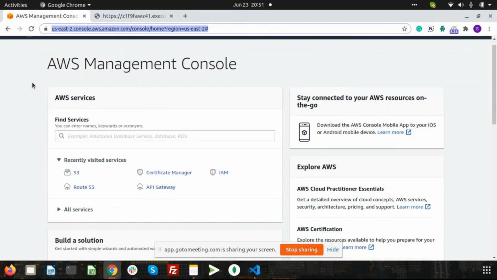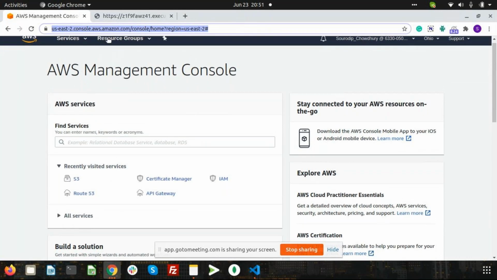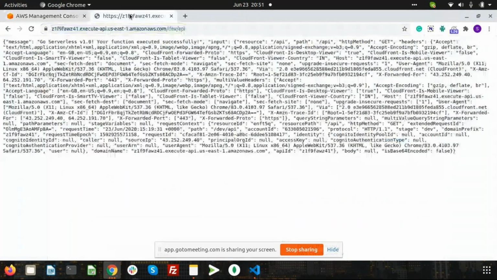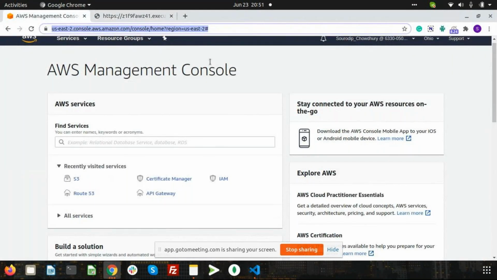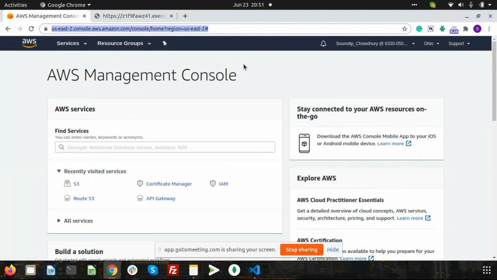Correct. So what we are going to do first, let me show you the Lambda. This is the Lambda that I've created. It's a test Lambda, and we need to route it. First, there are certain services that we require through AWS. First of all, we need an AWS console account from which we can go to the AWS console and find all the services here.